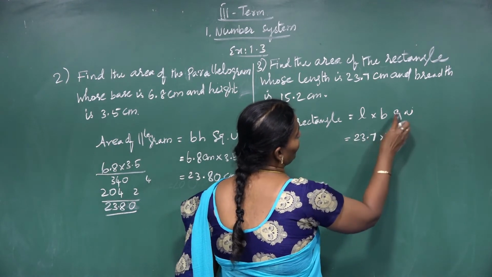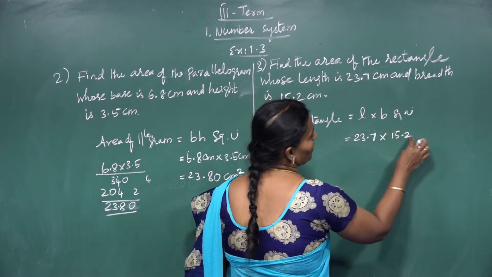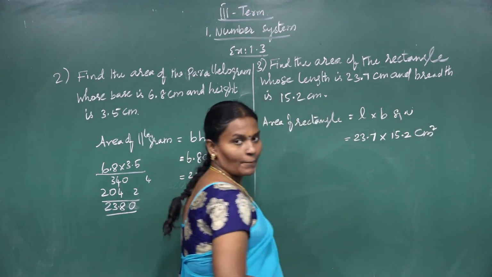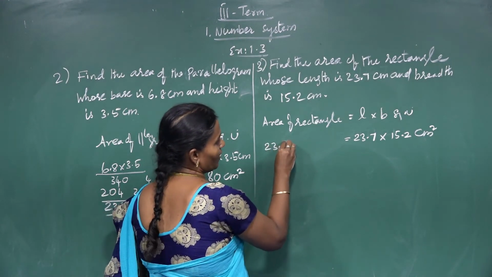Multiply 23.7 by your breadth, 15.2. The units are centimeter into centimeter, which is centimeter square. Understand, children? Good. And now multiply 23.7 by